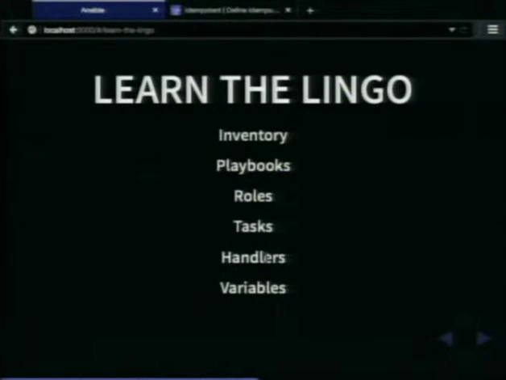The next ones are grouped together because they're all kind of intermingled, but we'll go down them one by one. First one is roles. This is one of the ways that you segment your playbooks. Most likely, if you're working with something like a home lab, you've got maybe some web servers, and some Windows boxes that are there just for clients, Windows XP, that sort of thing. You don't want them both to have Apache installed, or Nginx, or insert your web server of choice. You want your web server to have it, and you want your client machines to have something completely different. That's what roles provides for you.